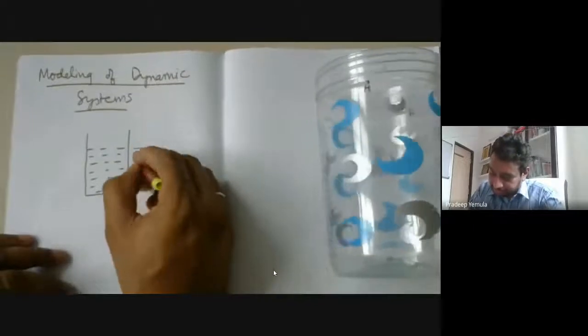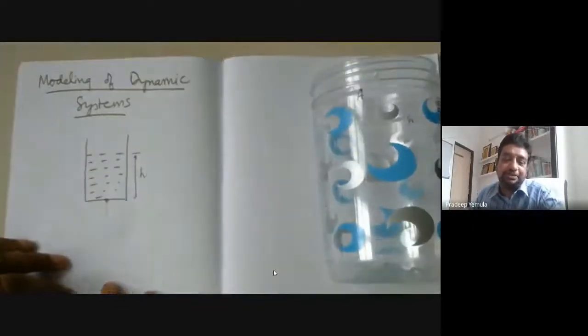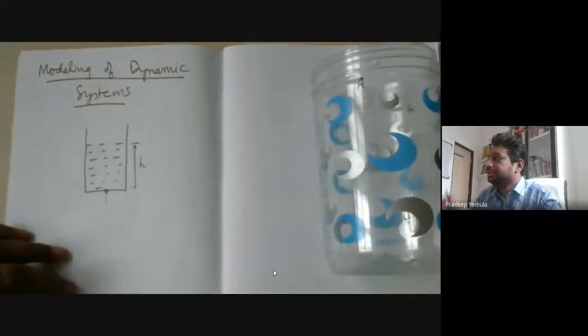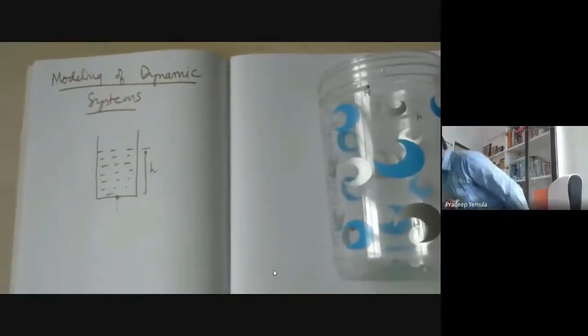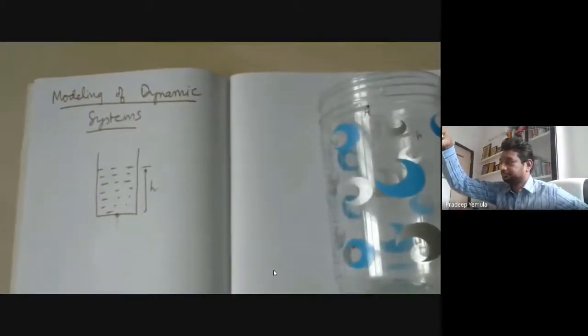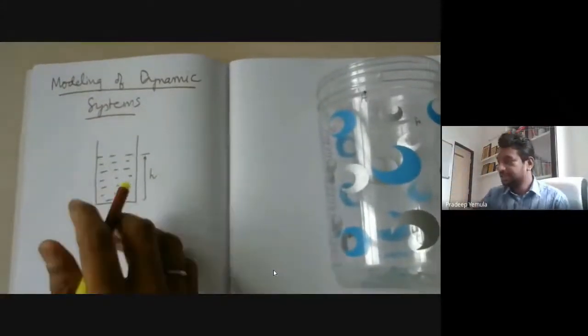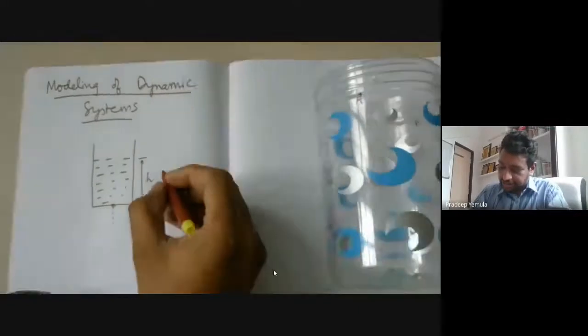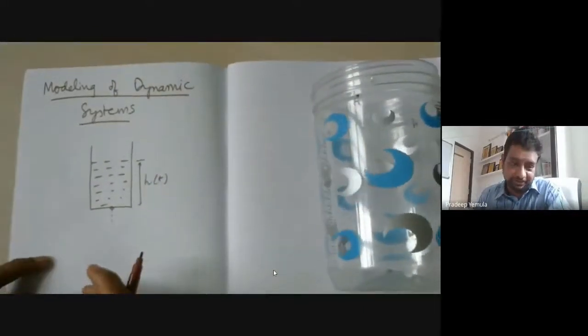And the height of this, normally I represent it with h. Okay. So if I represent the height with h, then the h will be actually h of t, because height will change with the time.